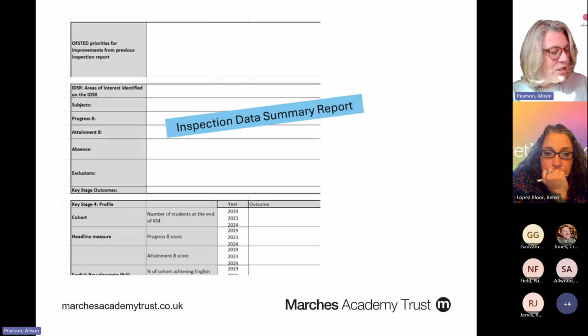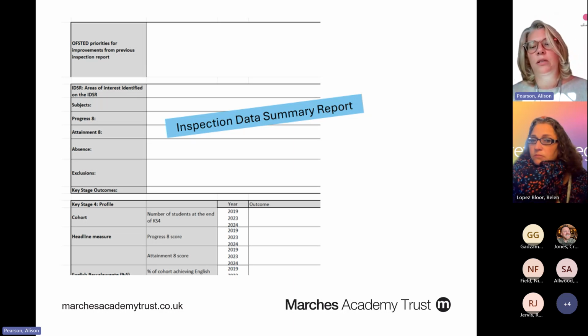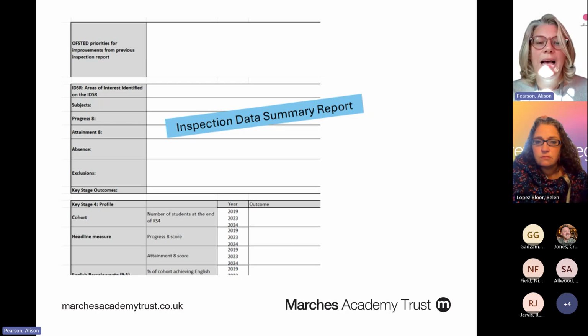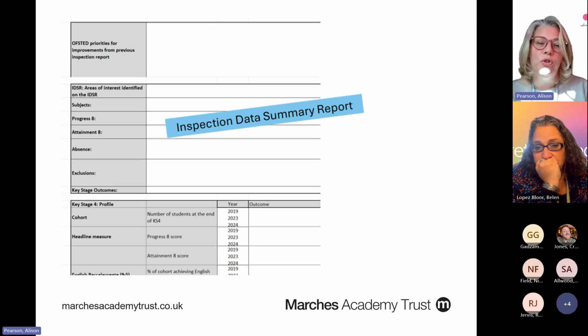This section then is a summary of the latest scores, obviously, and it's not just about exam data. You can see things like attendance in there, although the attendance and the exclusions from the ISDI is always 2 years out of date. So the school then has the opportunity to explain what's happened in the 2 years that the inspector hasn't been given the information for. They can paint a picture of an improving picture if they've got one, and that's what should be being seen